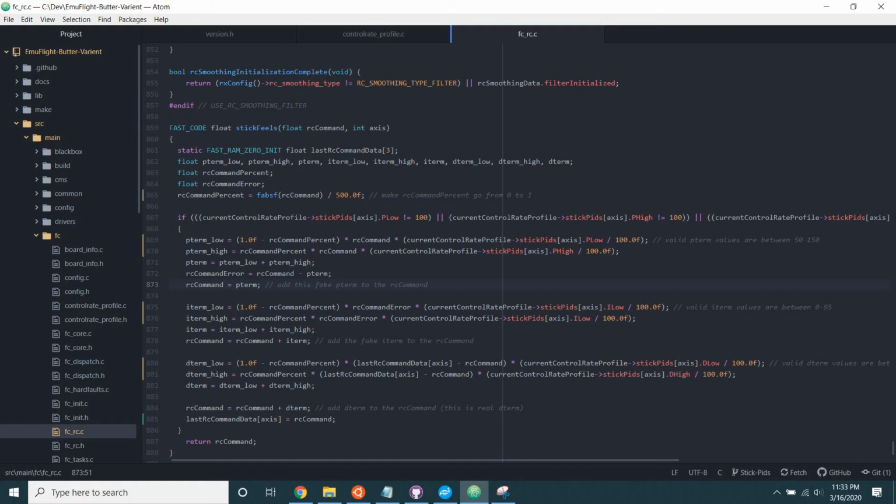Now, that's what the P term does: it creates a percentage of the RC command and puts it in here. Now the I term looks at that error created right here, the RC command error. It goes, okay, the RC command minus the P term, so that would give you that 20%. So the bigger the error is, the more the I term will pop in here. And the I term is also acting like a percent, so you can do a value from 0 to 95, and basically it will get you,